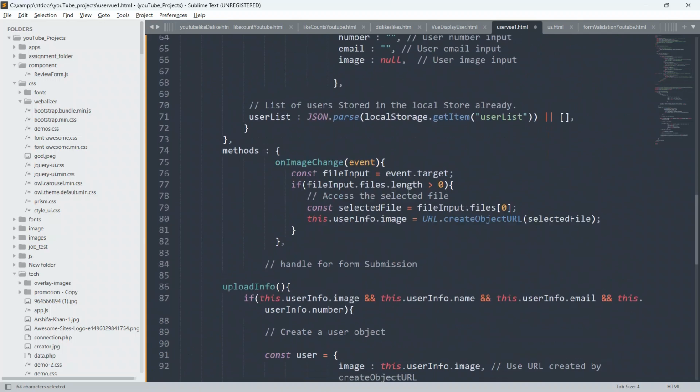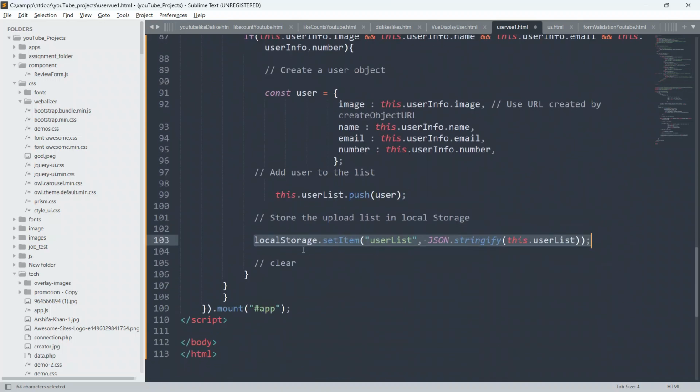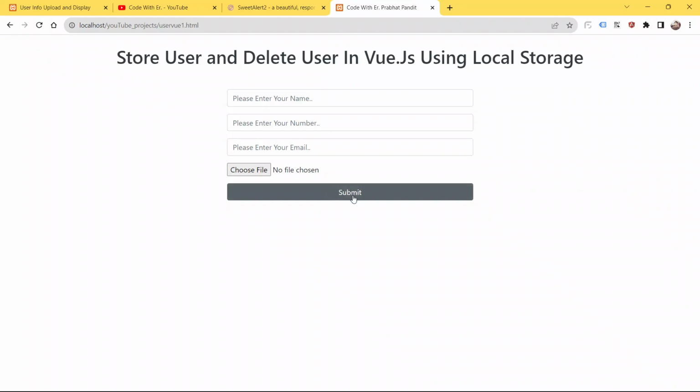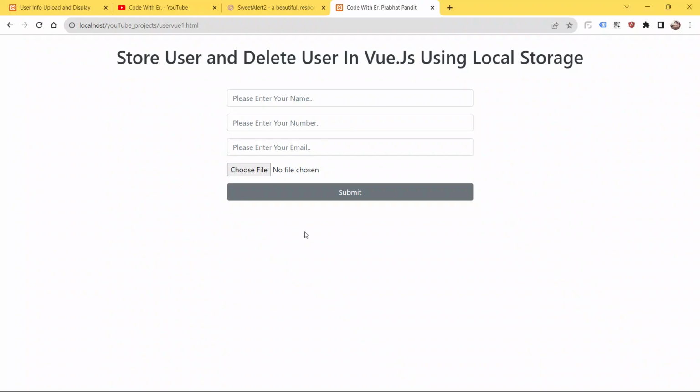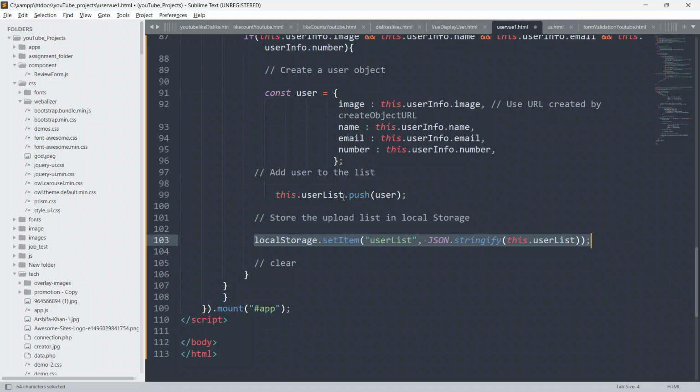After hitting the submit button, we have stored all the information given by the user in the input fields: name, number, email and choose file. We have stored the user details into the local storage, and now we are going to clear all the input fields. So, clear input field.